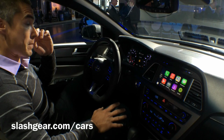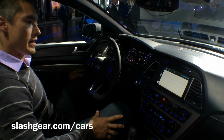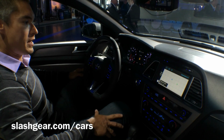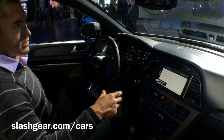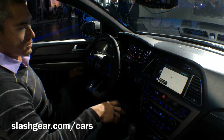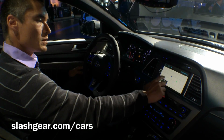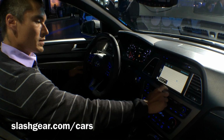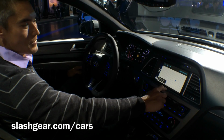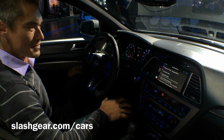So that's music. Maps is incredibly important while you're in a car. You gotta know where you're going. And I love our map system because it was really, really well integrated into not only the car, but also what you have going on in your life. So, let's see here. A little low on data today. So the cell data, as you can imagine here at the Javits, may be causing some issues,